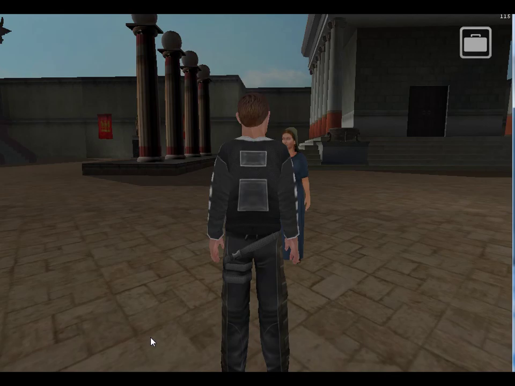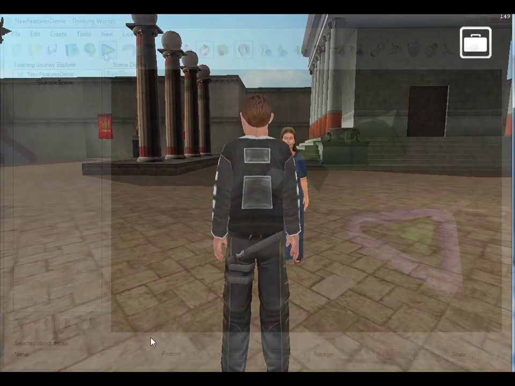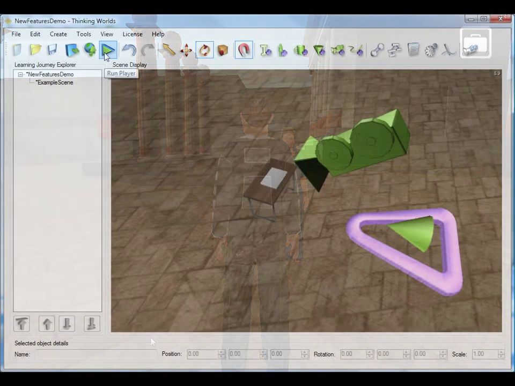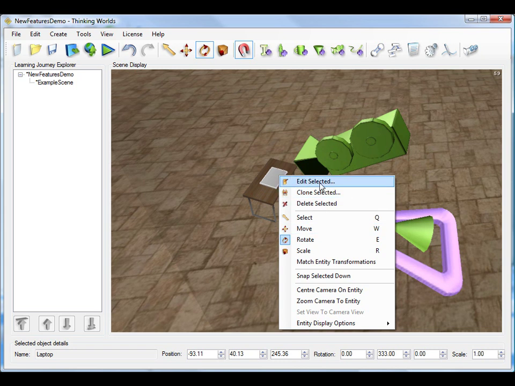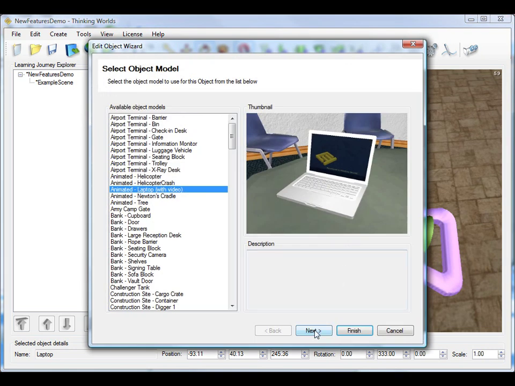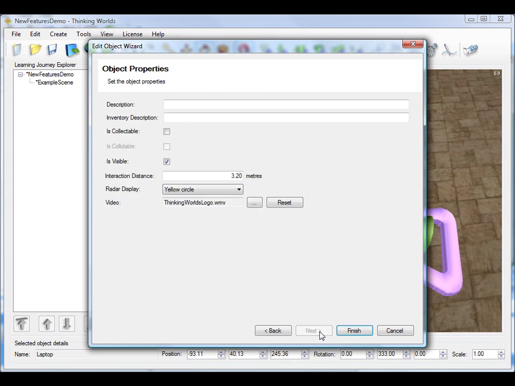Now that I've created another area of interest with a laptop on a table, another camera pointing at it, and a marker to move the player out of the way, we'll create the next bit of logic. Notice I've set the laptop to the open vertex animation laptop and also set the video to the Thinking Worlds logo. Okay, go back to your scene flow,